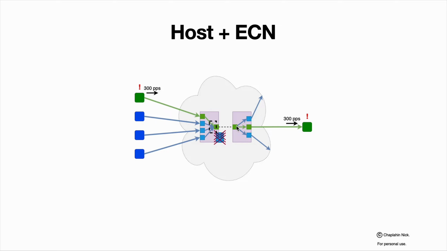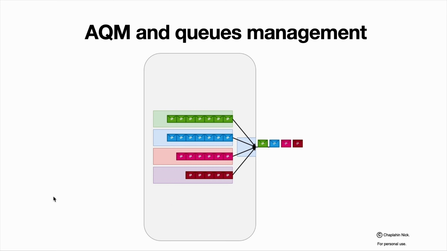And if everything is configured right, everybody supports ECN, and ECN works as expected, our traffic between transmitter and receiver is again working happily as previously. Let's take a closer look at our router and what's going on. So, AQM,